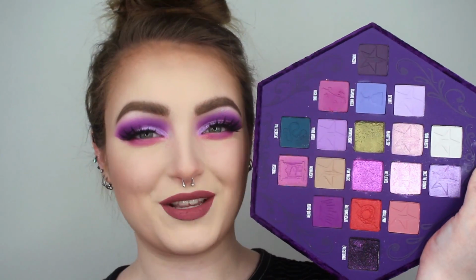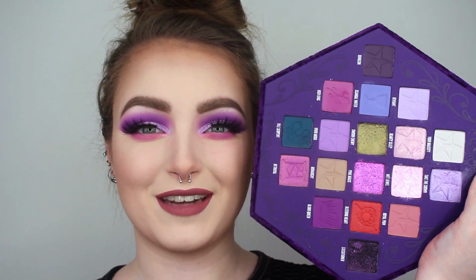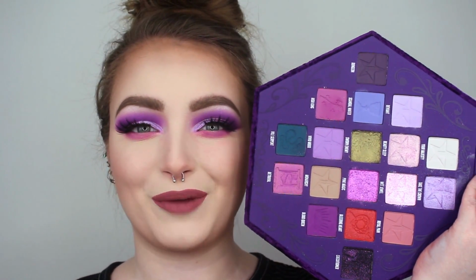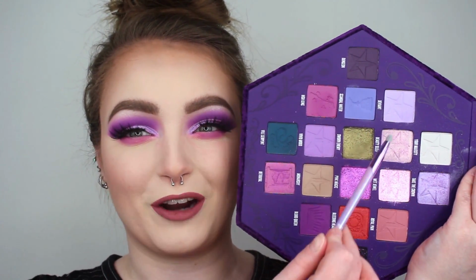It isn't as bad as what Blood Queen did to me, but it is definitely making my eyes itch. And then once you have that lower lash line all nice and smoked out, the next thing that we are going to be doing is my absolute favorite part, which is the inner corner highlight. And the shade that we are going to be going in with is this really pretty sparkly baby pink shade